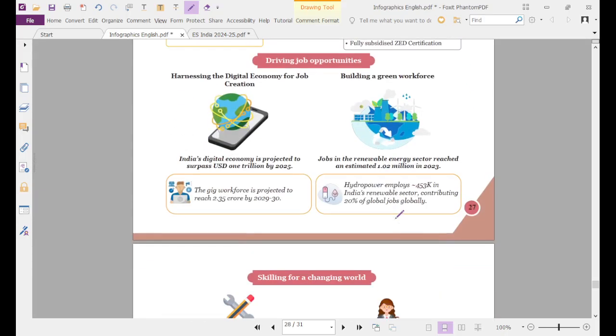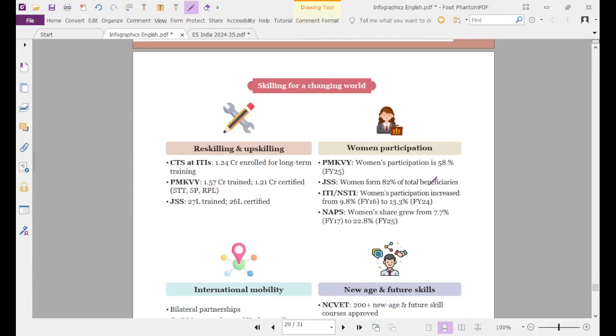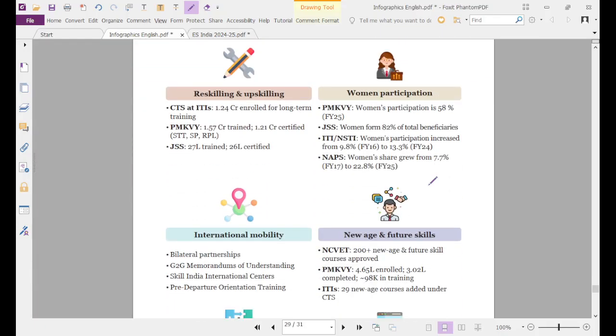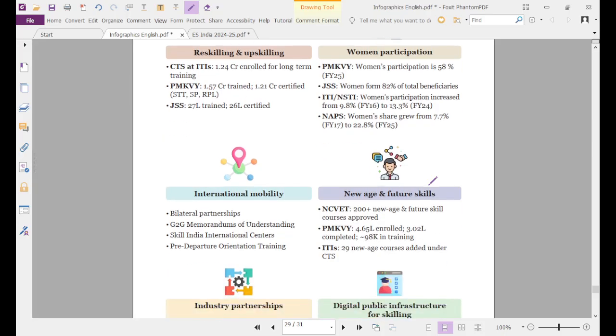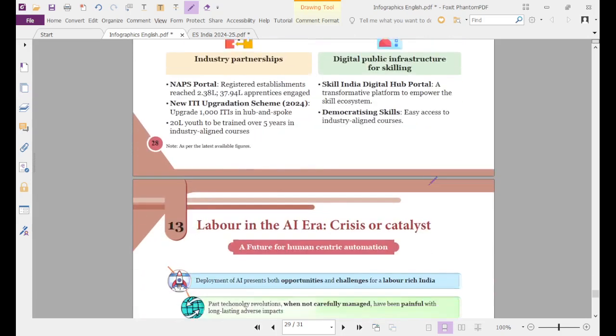Then we have driving job opportunities, harnessing the digital economy for job creation. Yeah, we are living in a digital world, with a social media explosion driven by AI. So there we need to leverage those opportunities and technology for our good. And skilling for a changing world. So a lot of skilling, upskilling, women participation, and new age skills are being talked about in this